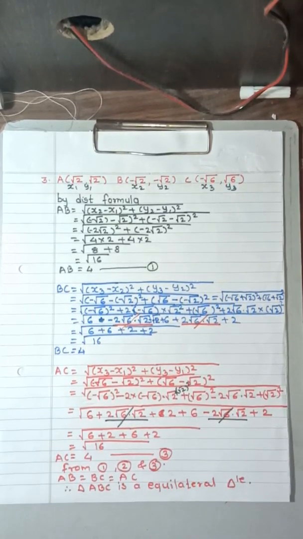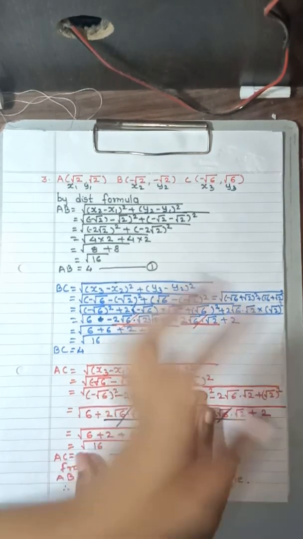Okay, in this way we have completed all the 3 questions of question number 8. Now let us move on towards question number 9. Sorry, 9 and 10 is reduced from your syllabus. Question number 9 and 10 is reduced from your syllabus, so directly we'll move on towards question number 11.